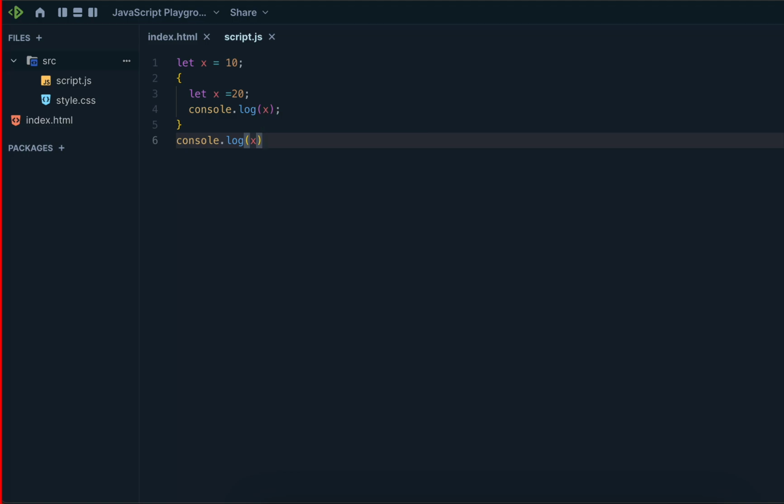What is the output for the first x and the second x? Just read line by line, and you know the definition of let: it gives block scope, meaning inside the curly braces.